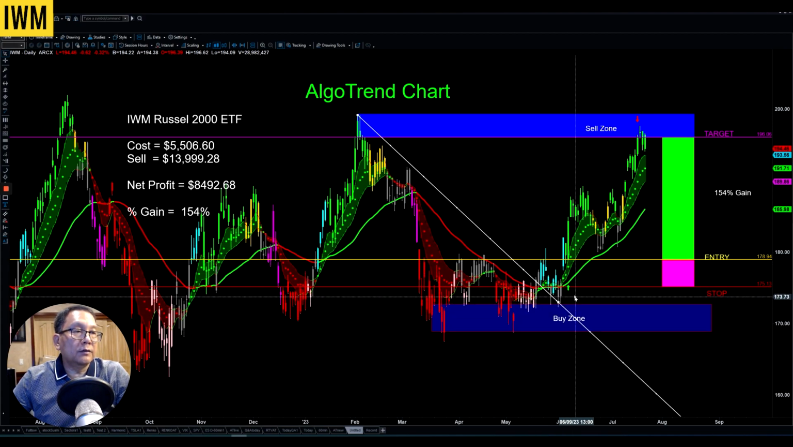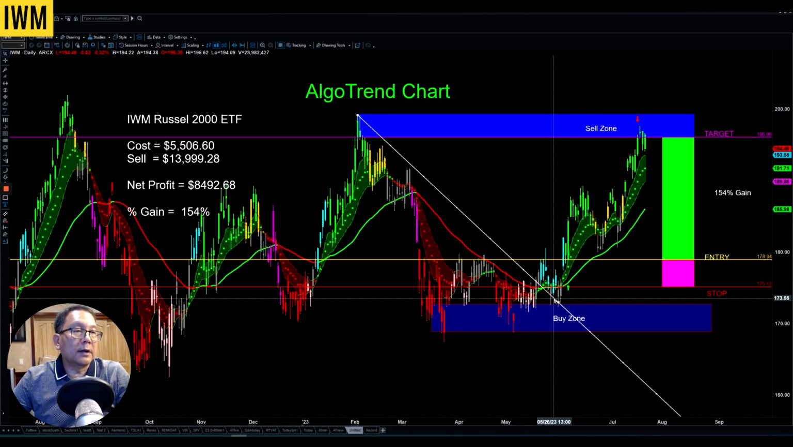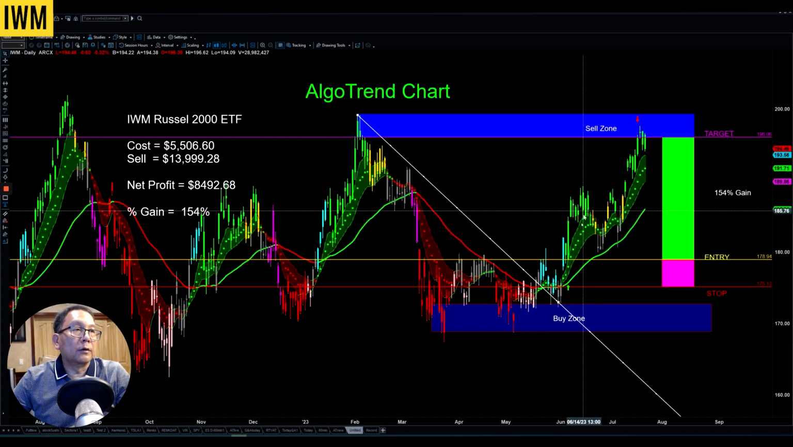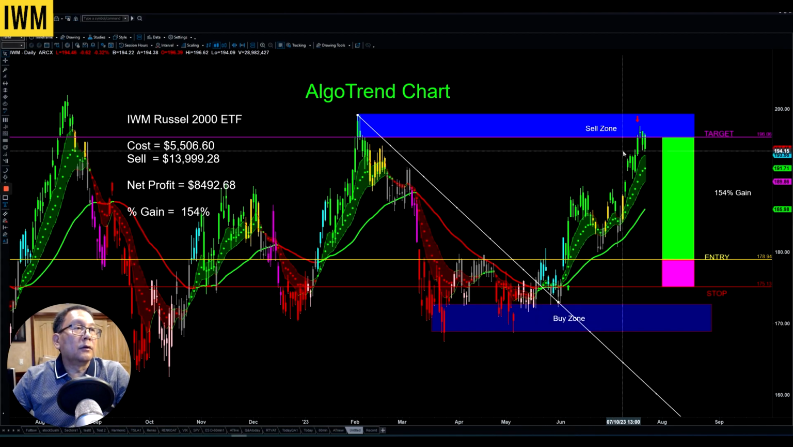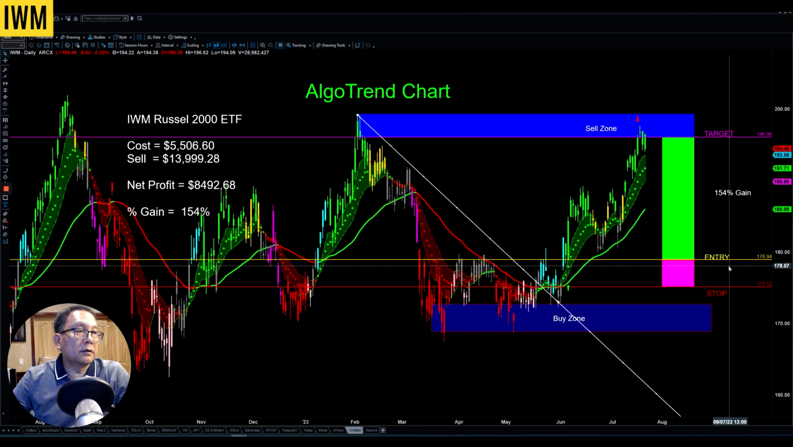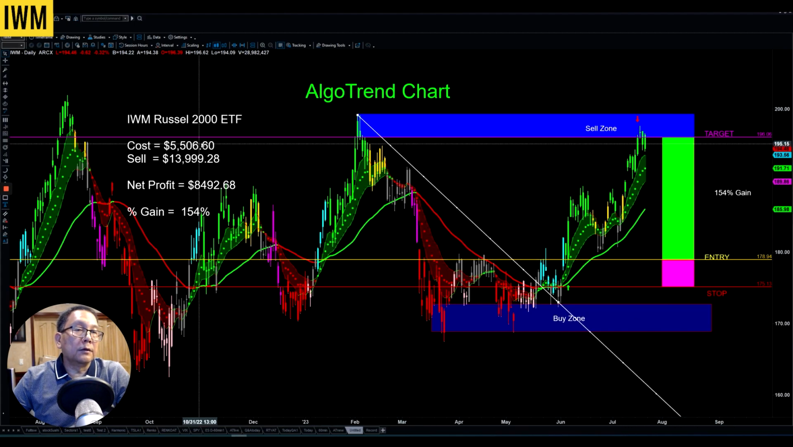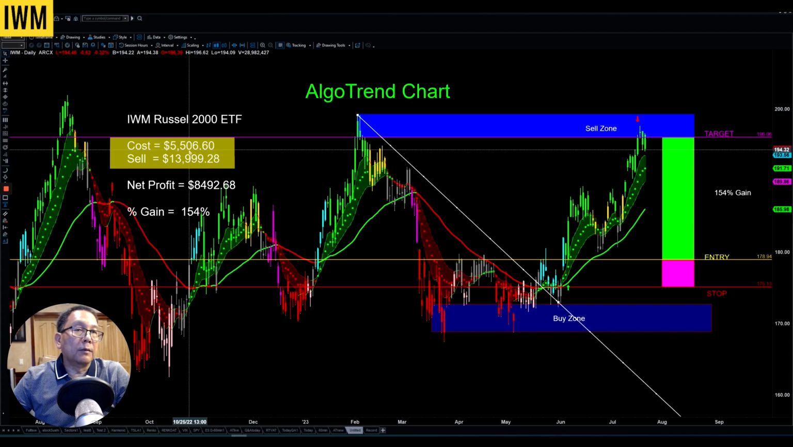And the AlgoTrend chart turns green, they give you a green bar, green dot. They stay above the green cloud, and they push up to the upside. So we know that the sell zone is up here. So I entered right here, and then they shot up to the sell zone. I took the profit. You can see that by using risk management, you enter here, your stop loss here, and then in the short term, you can see that buying 10 contract call options for the IWM only cost you